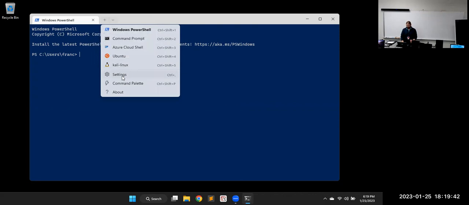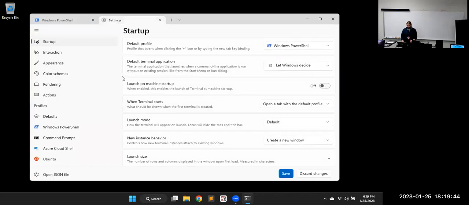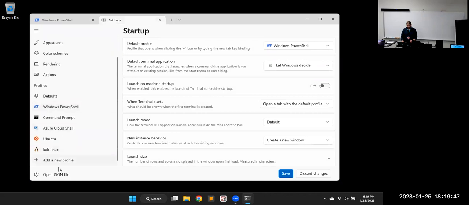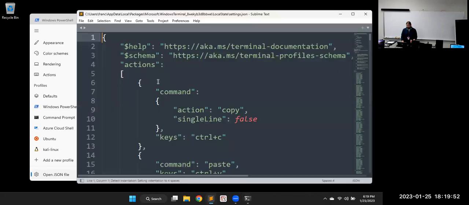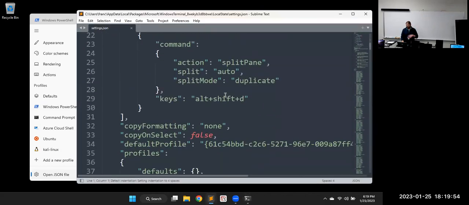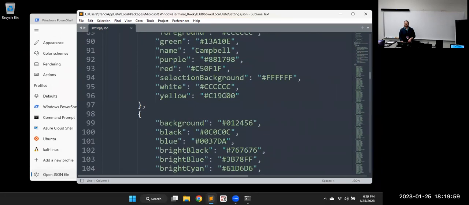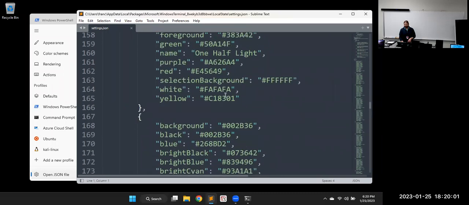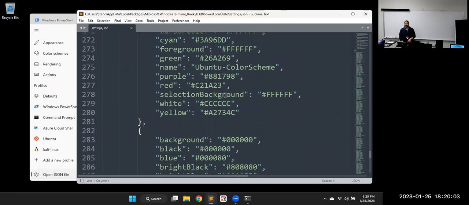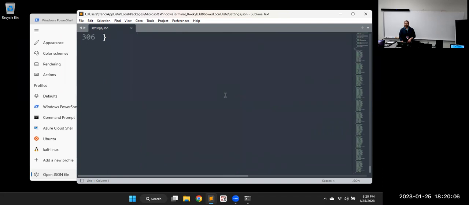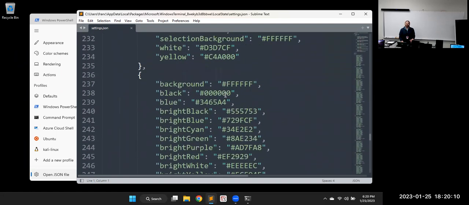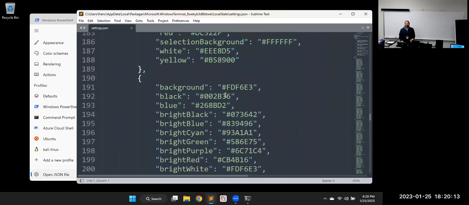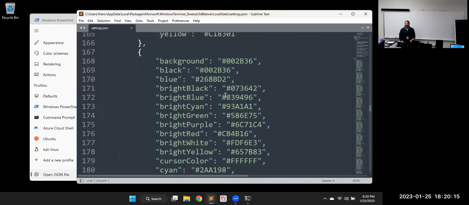And under settings, you go in here, and it's like the Sublime text editor. The reason I use Sublime text editor is because all of the configuration is done in JSON, which if you're a programmer, you're probably going to do a lot of JSON, right? Has everybody seen JSON before? JavaScript object notation. It's kind of like Python in that it's not the best for the machine, but most humans find it the easiest one to work with.